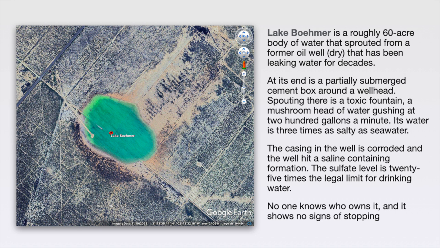People have kind of said, well, what do you think is going to happen when that CO2 is down there? Why is that an issue? And I am just throwing this in. This is something we just learned about in the last week. This is Lake Boehmer in Texas. This was a well that was drilled into a saline formation, just like our Mount Simon is, only about half as deep. But it was drilled in search of oil, and it was a dry hole. They did not find any oil. Instead of plugging it and sealing it, they left it and changed the records on it and called it a water well. That seems to be what they do in Texas.